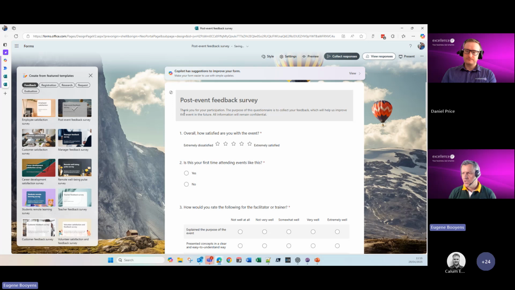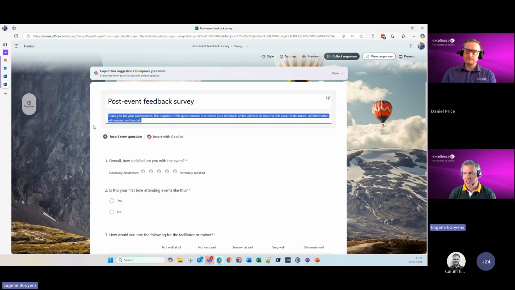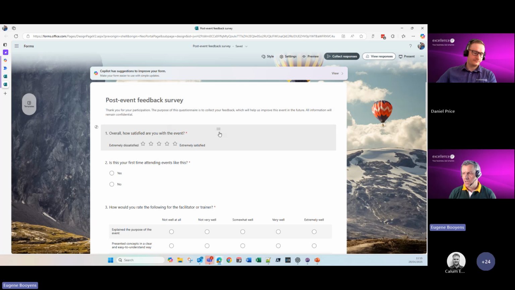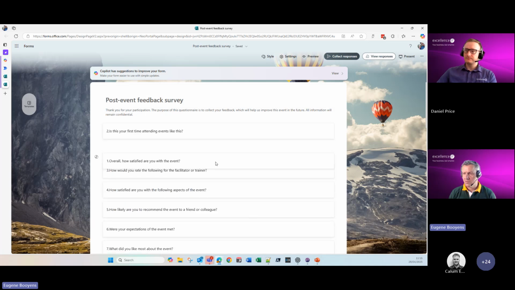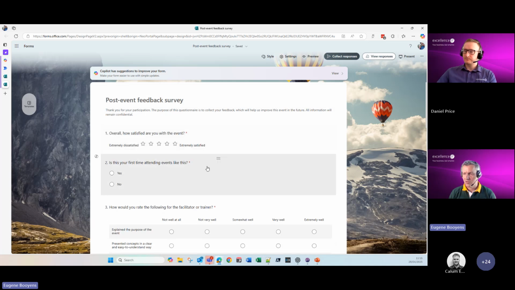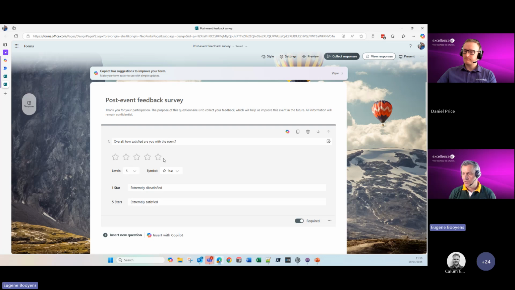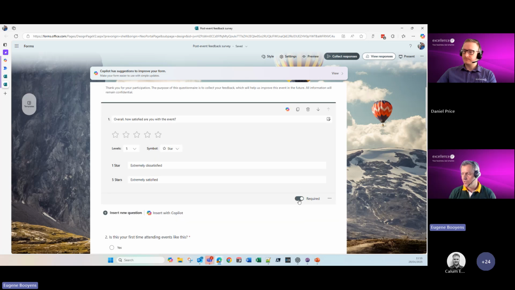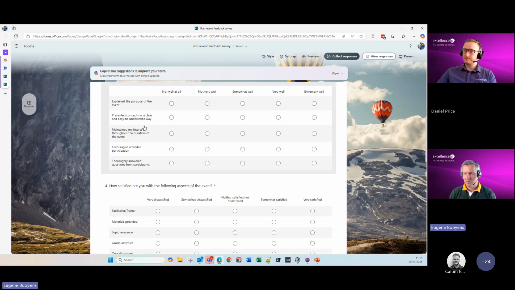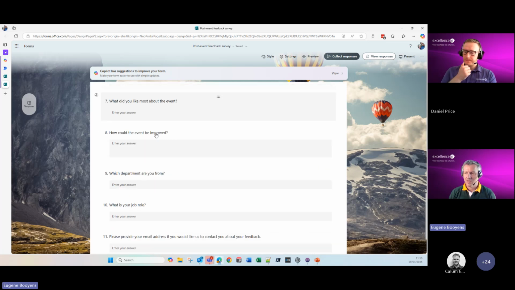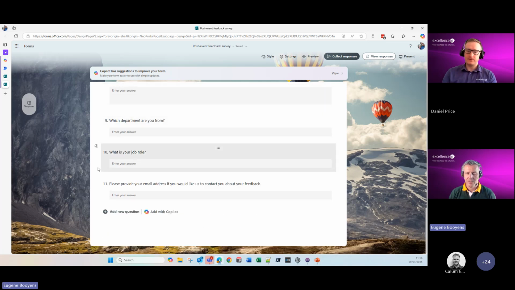It's really pretty easy to design. You just click in an area and it allows you to make changes. You can move things around if you want to change the order by dragging and dropping. If I click on a question, I've got some options in here, including whether a question should be required or not. So it's fairly self-explanatory, and we found the customers that have given this a go have been pretty good at figuring out how to use this.